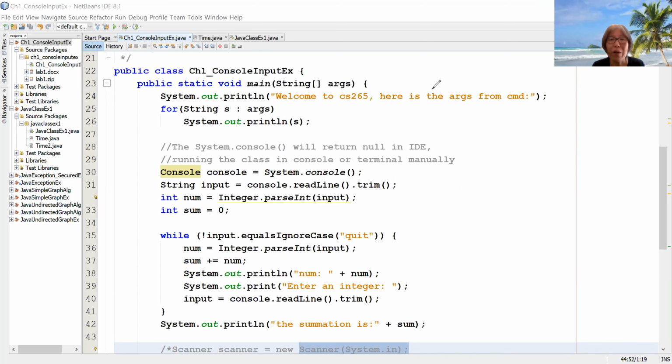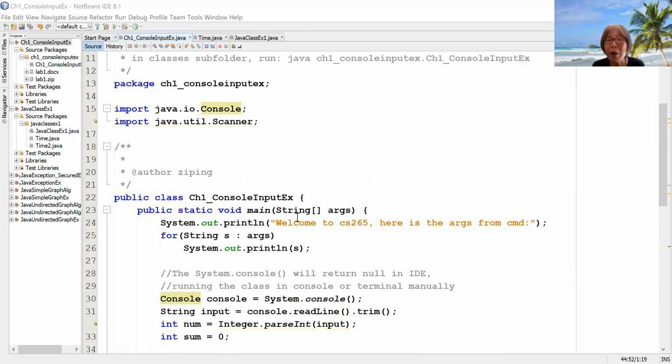The second part: here we also care about the command line. Last class I showed you the command line. One way is you hard code it, as we configure in NetBeans, in the properties with the run configuration. And the second way is